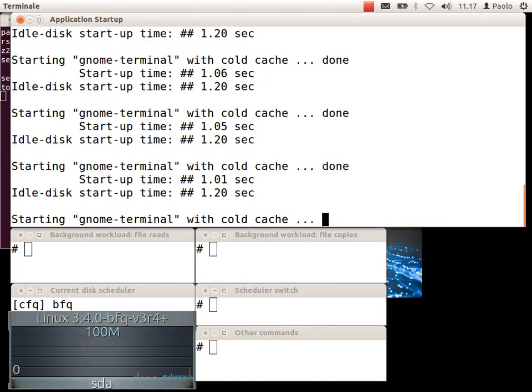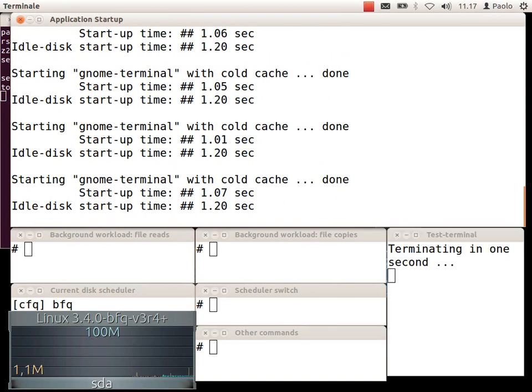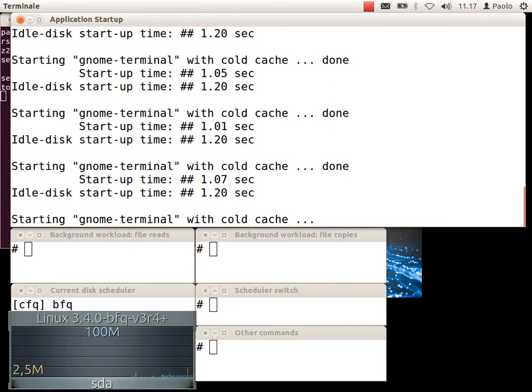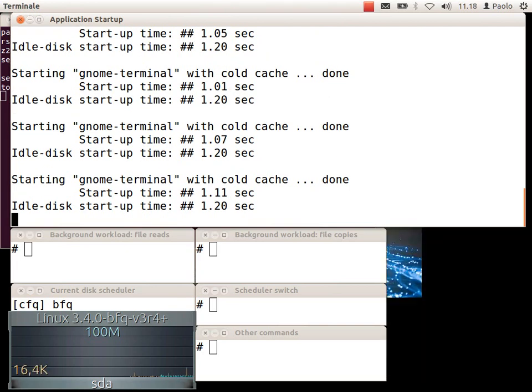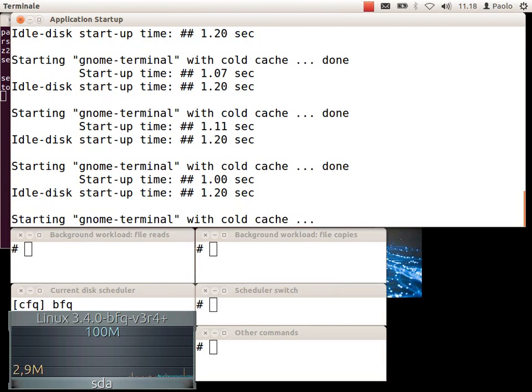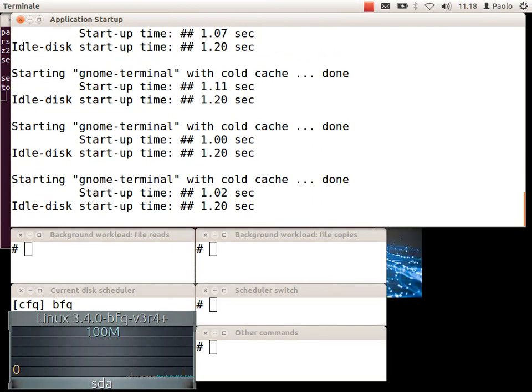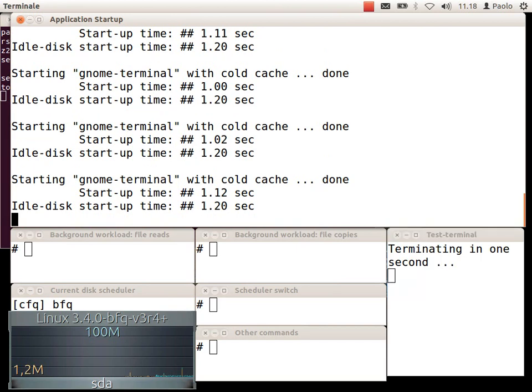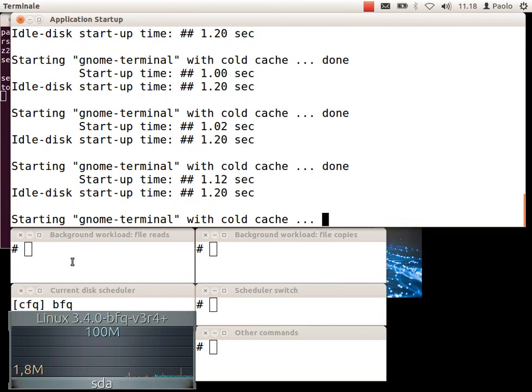As you can see, the sampled startup time is close to the one with an idle disk, because now the disk is idle. It is actually lower, but variability is the norm with disk I/O. So we can start